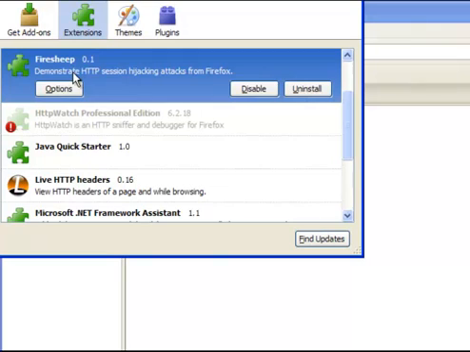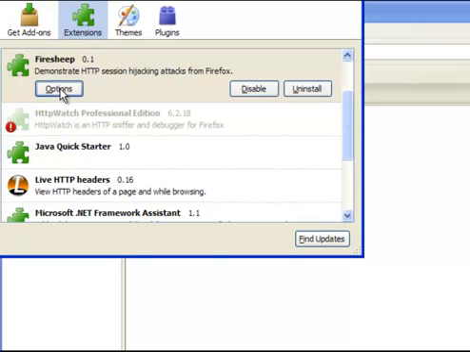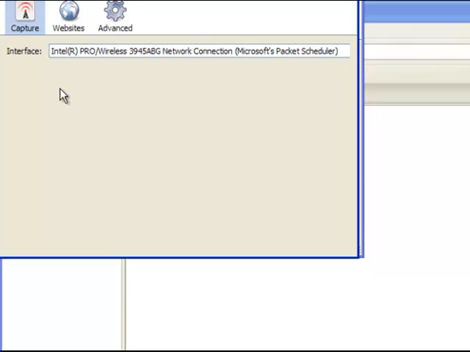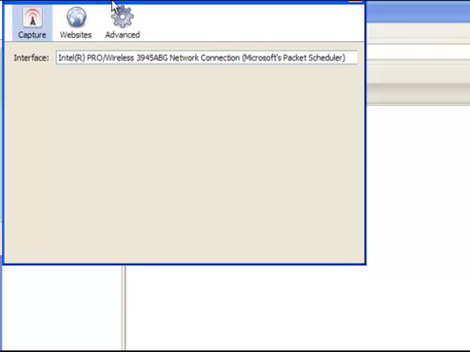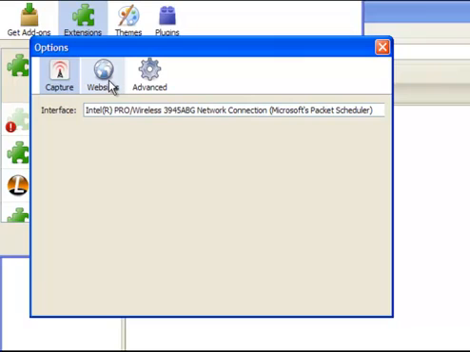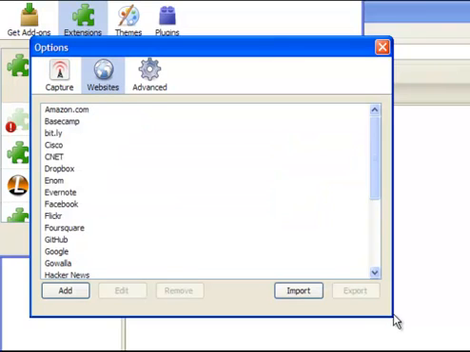If you click on options, you'll notice that I have selected my wireless adapter. Firesheep depends on being able to sniff information on a network close by, so I'm going to sniff packets on the wireless network. If I look at the websites, Firesheep supports a lot of the popular ones: Amazon, Facebook, Twitter,